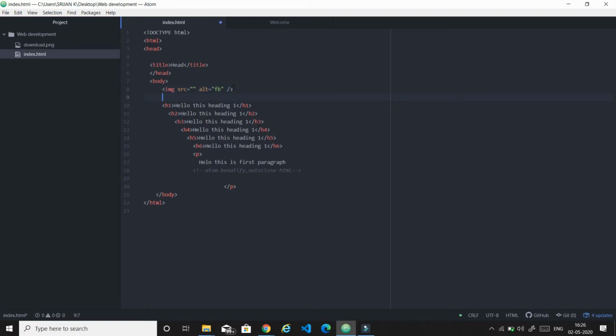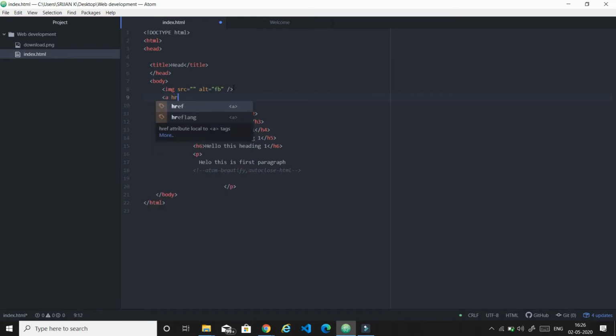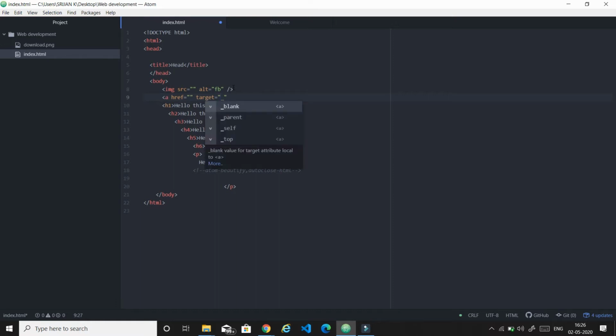After the image, if you want to give a link from your website to another website, then you have to use an anchor tag. So here I have given href.